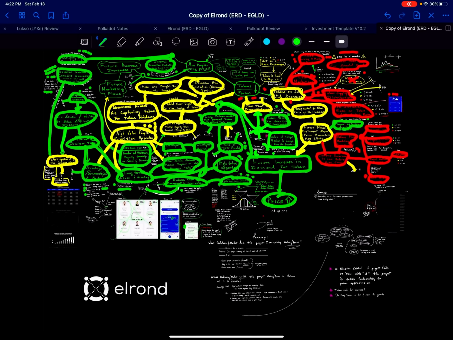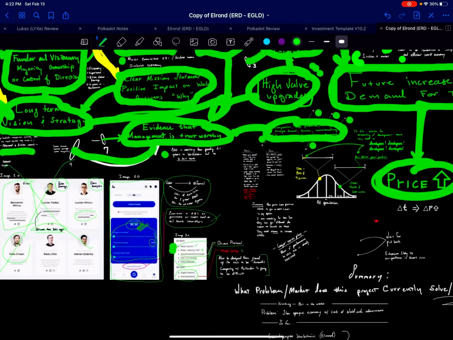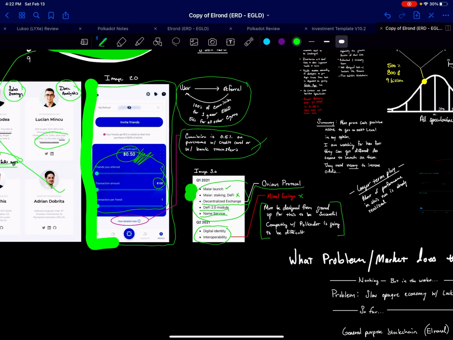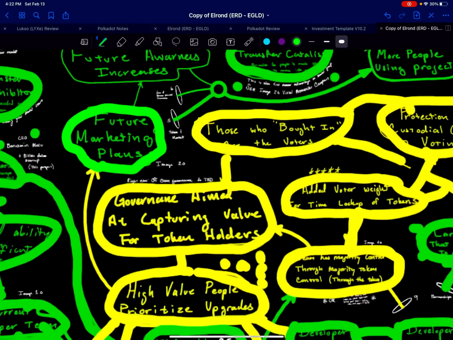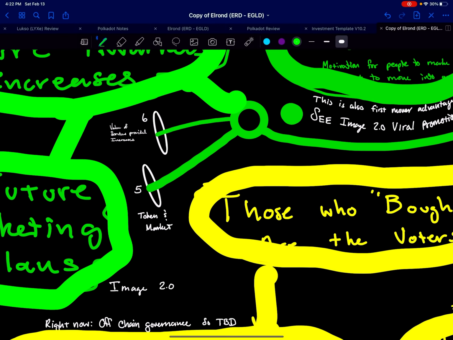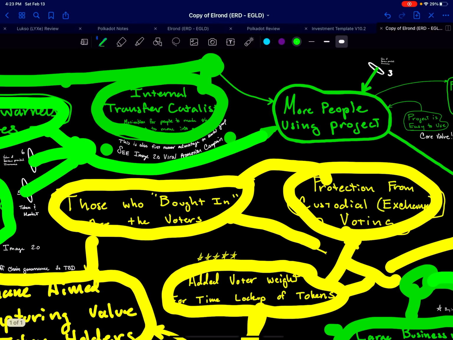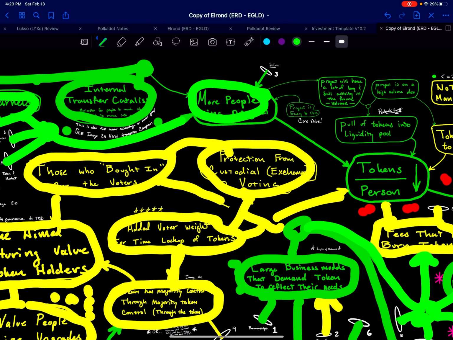All right, I think I covered most of it. As far as future marketing goes, it's that viral campaign again. This is how I think that this will spread the app pretty aggressively. So that's pretty good. That's going to help spread the awareness of the app going forward. Value, token market and value, services provided to increase. I see all of this happening, and so I see more people using the project in the future.